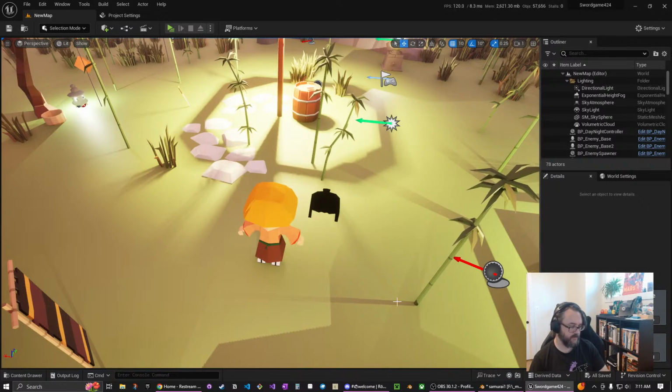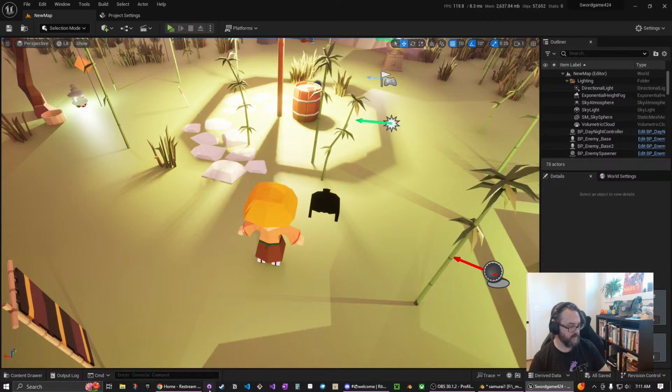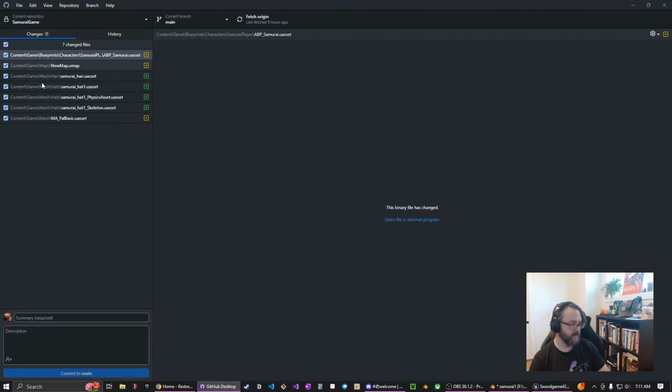I think I save regularly. I also use GitHub and large file storage for this game, so I do have a backup system in place for this. It's not the best for doing actual merges and things like that. But I can revert to a change if I got to a point, which would have been smart when I started doing this. I don't know, the meshes hopefully aren't going to mess up my whole project, but